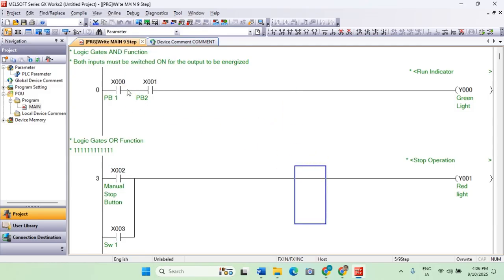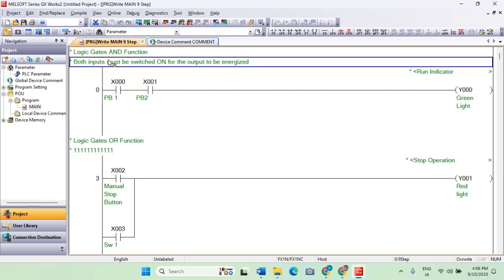Okay. So I just want to add that if you're going to write this on the PLC, the device comment and also the statement can also be written on the actual PLC.